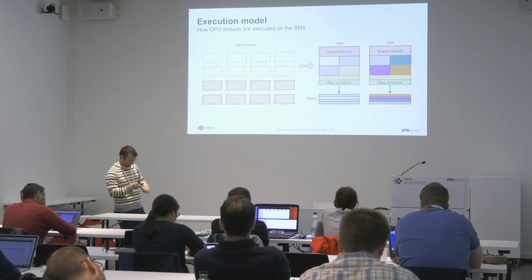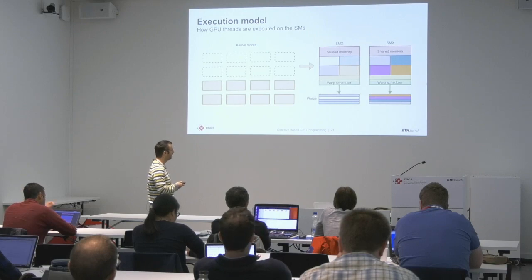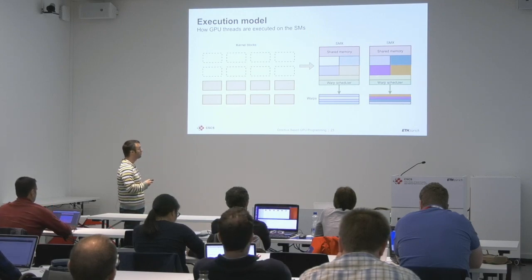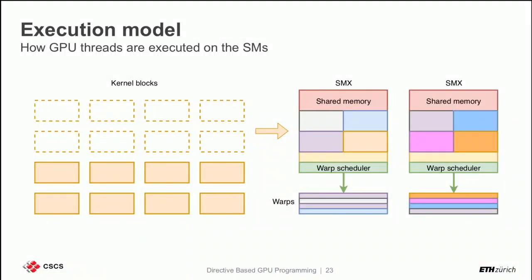So the register file is partitioned, and then the warp scheduler picks warps to schedule for execution. Here it picks this warp, which is ready, then picks another one, and so on. Every time a single warp is running, and the same independently from the other SM. Now, what is the key difference between this register file and the CPU register file, besides